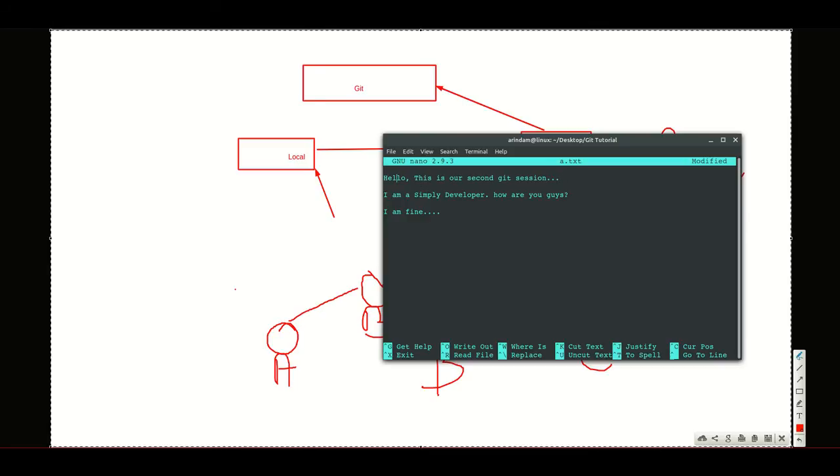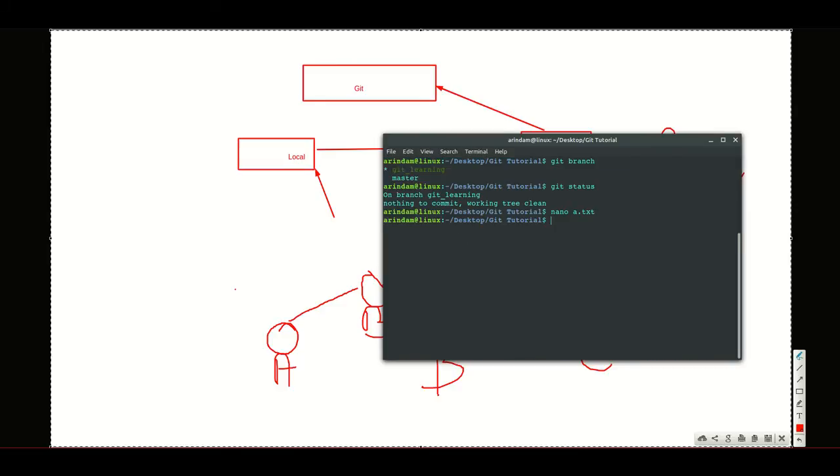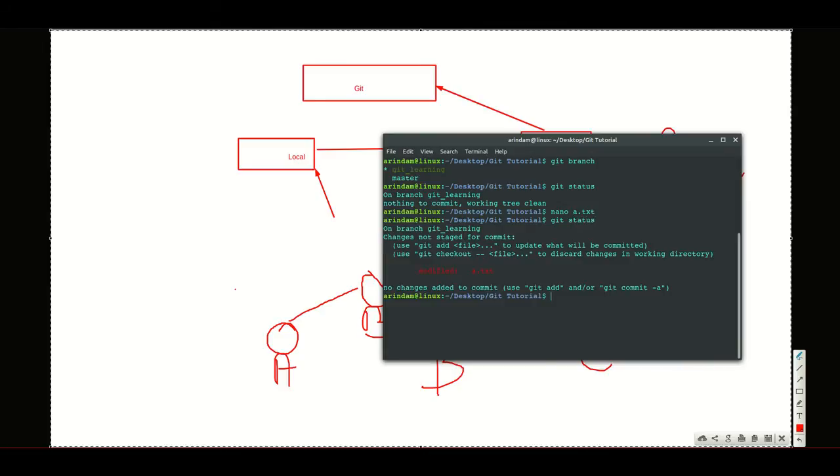Now save. Now check git status. One file modified. Now git add -a. If you use -a, all files will be added, but if you give a specific file name, only that file is added.